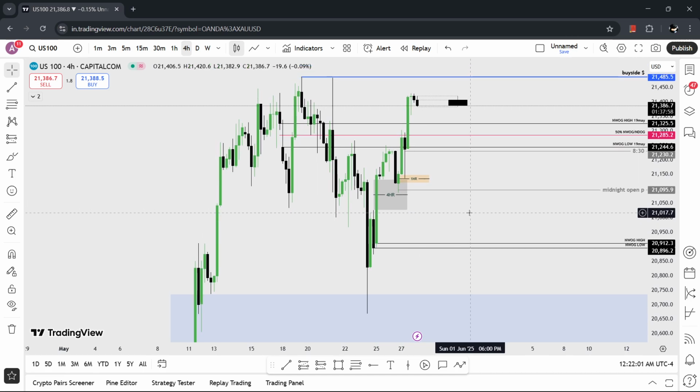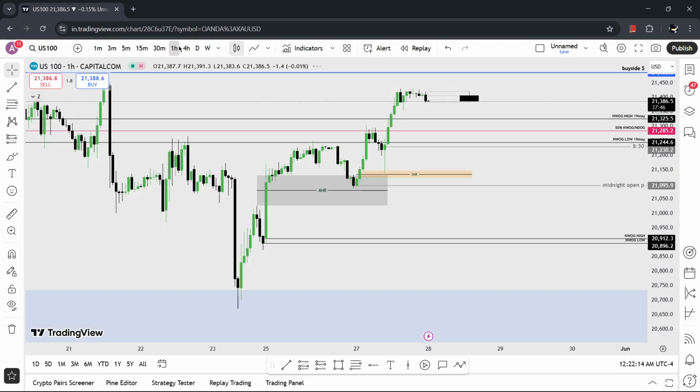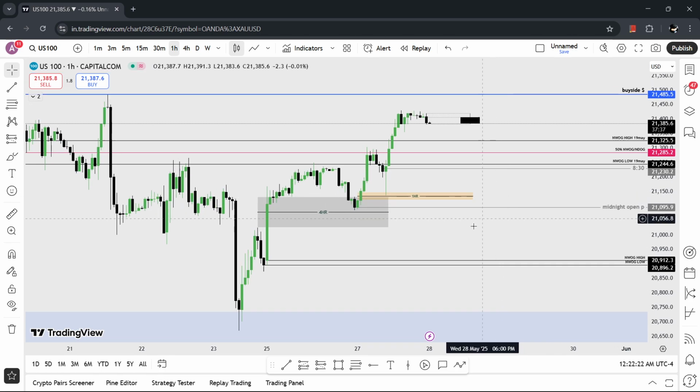Okay, next day, that is Tuesday, 27th May 2025. Market came to that fair value gap, respected that fair value gap. Okay, you see here, structure shift, everything is fine. Going to 1 hour chart, you might ask why I didn't pick this one or this fair value gap. There is a reason for it. Okay, I think in one of my previous videos I have talked about